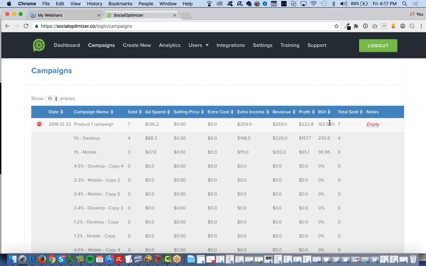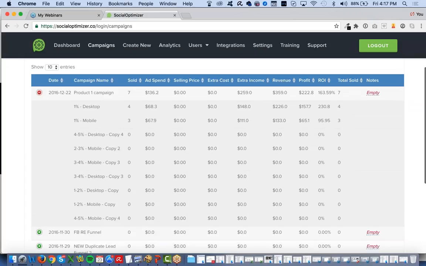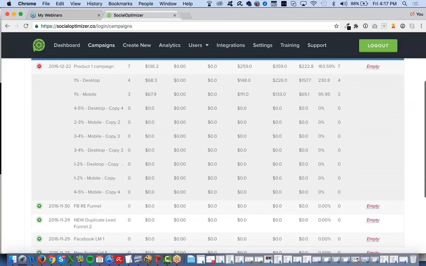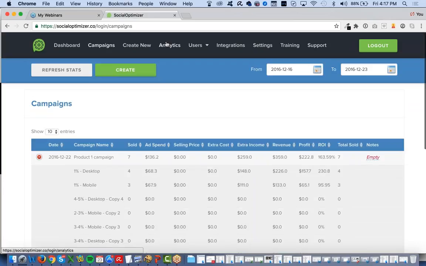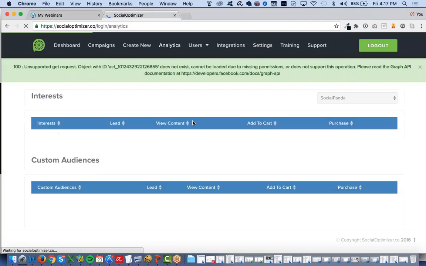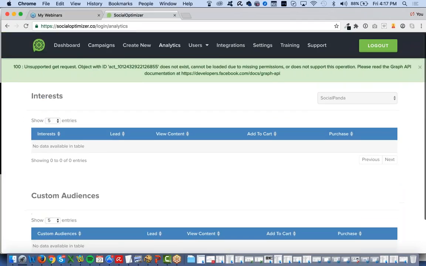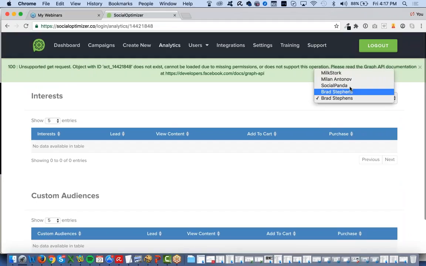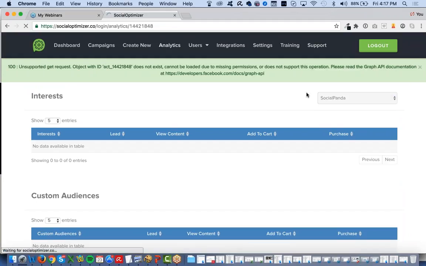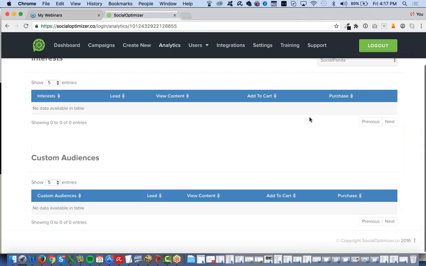And we can see whether our campaigns are profiting and whether they're not. In this particular campaign, it's profiting 230 ROI and 95% ROI. If you wanted to see more detailed statistics on all of your campaigns, you go into Analytics, and you'll then be able to go through and check which campaign you want, and then have a look at the details between these particular campaigns. So I can search through the campaigns like this, and I can go ahead and search through there.